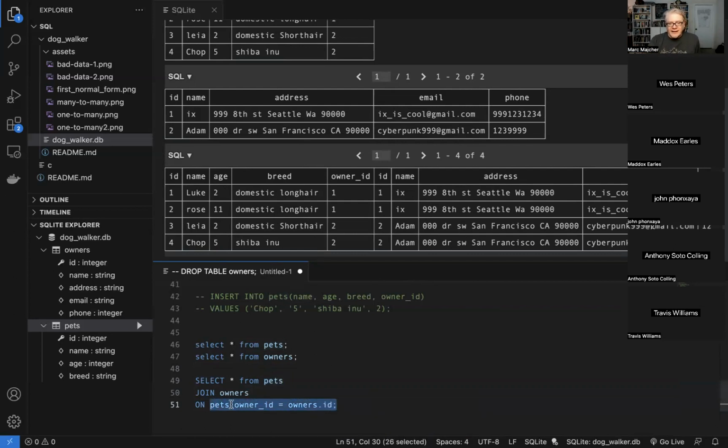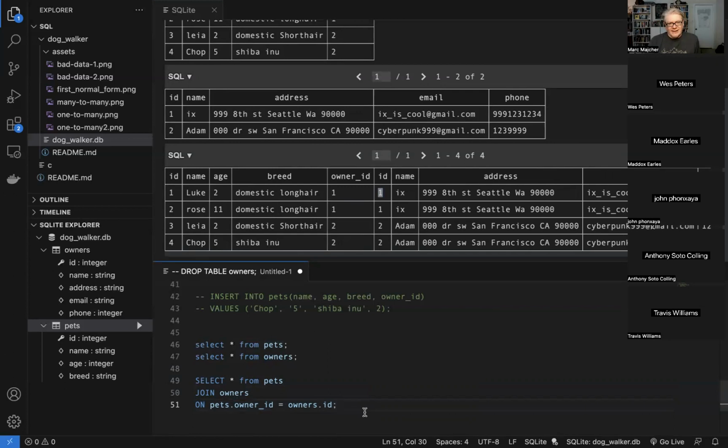And this is basically where, instead of an on, that can be a where. We're going to take each one of these entries. We're going to look up what the owner ID is, and we're going to find the corresponding entry in the owners table and smack that into one big table here. Cool.